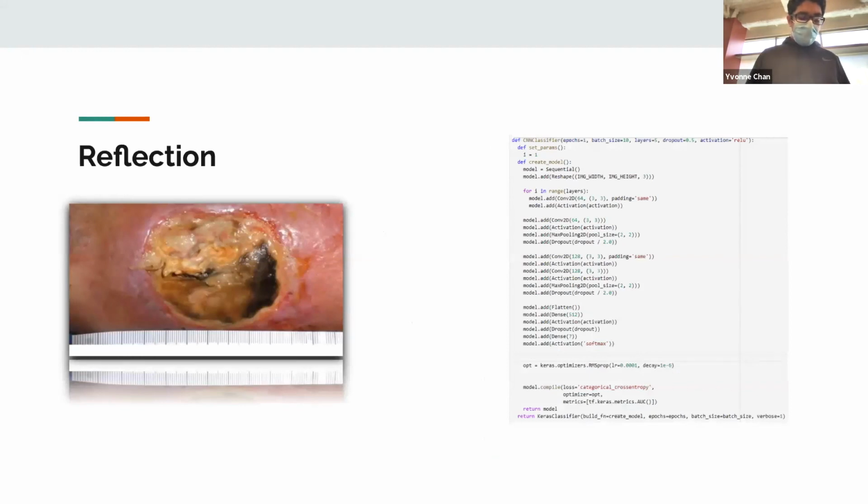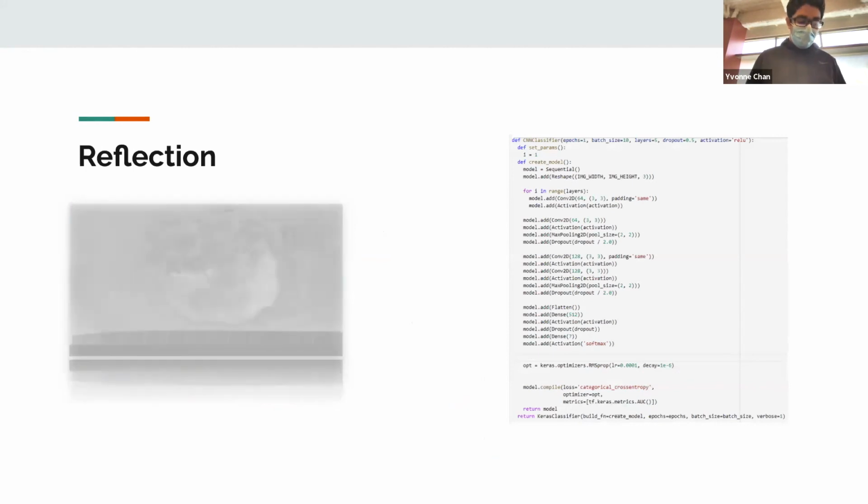Overall, doing this project taught me so much about how AI works and how AI is becoming a dominant part of our everyday lives. I learned a lot about how to code neural networks and how they work in general. In addition, on the medical aspect, I also learned a lot about chronic ulcers and how they affect millions of people worldwide. If I had additional time, I would like to increase the size of my model and add more images, preferably thousands. In addition, this project also taught me a lot about perseverance, as when I first began collecting data in June, I found it very difficult to learn all the code regarding this project.